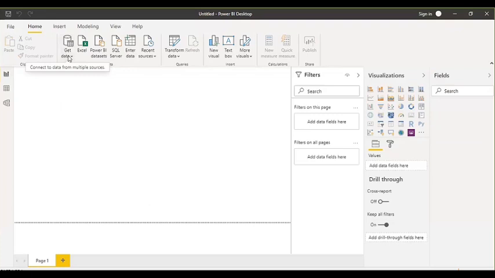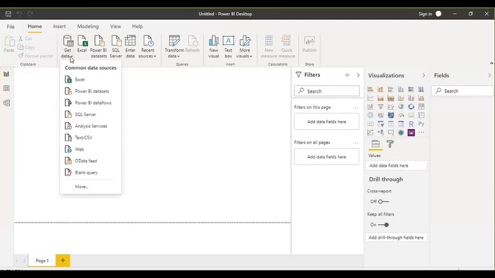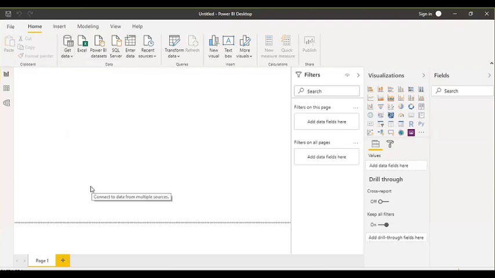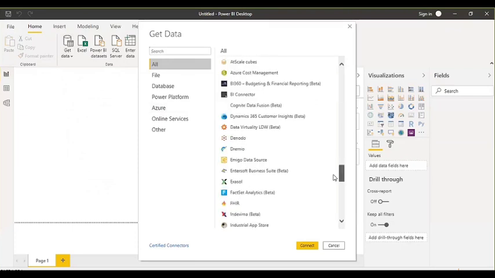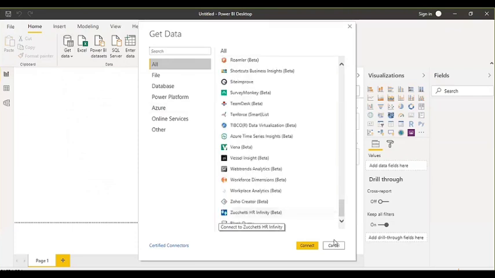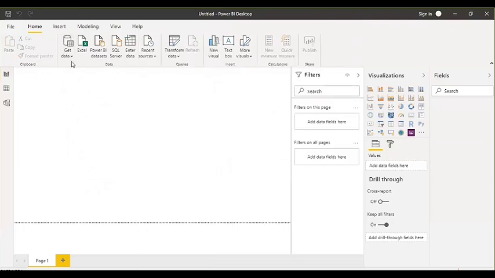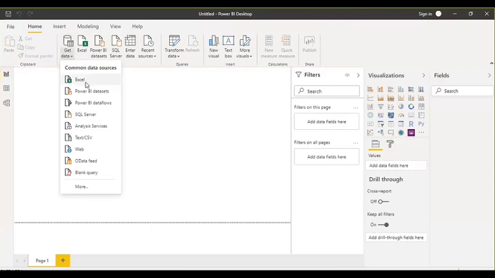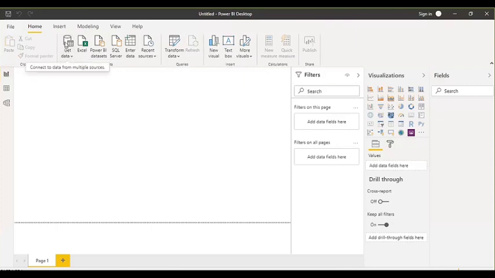So if I click on this arrow button, then it will show me a drop down list here and I'll see some data sources. If I want to see the complete list, then I can click on the More button. Once I click on the More button, I'll see a window like this. Here I can see all the data sources. Most of the buttons have two actions. If I click on this arrow, it will give me a list. Otherwise, if I directly click on the icon, it will open the complete list directly.